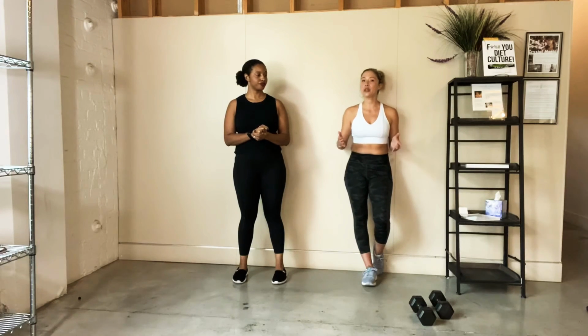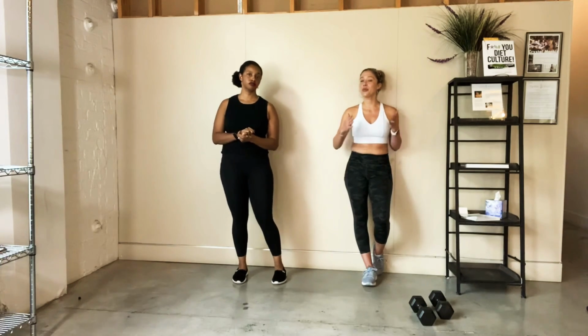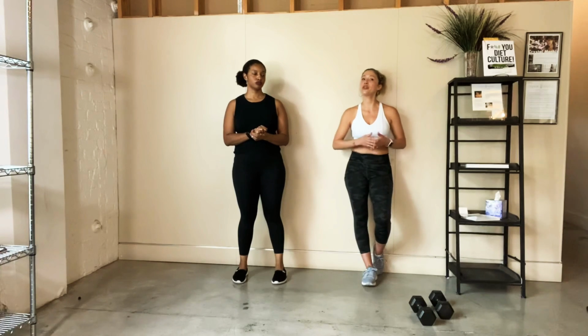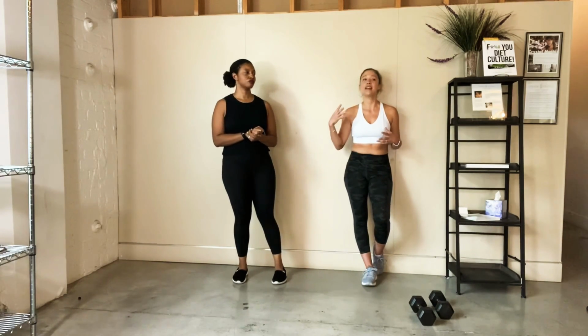So we really want to encourage you to follow these moves the way we film them, because we're starting from the basics and then we're going to build up. So it's very important before you start to advance to any other variation of a deadlift or any other exercise, you really want to get the fundamentals down first. You want to make sure that you can do the basics properly, so that when we start to incorporate multiple moves into an exercise, you have the form, and again, you can avoid